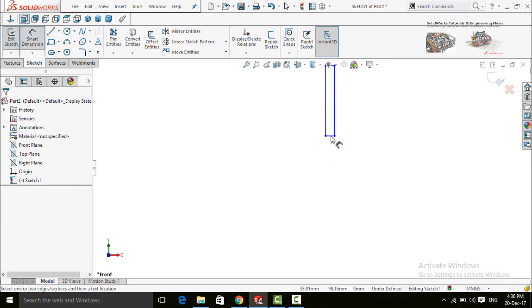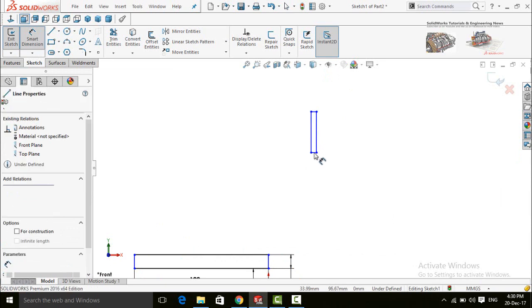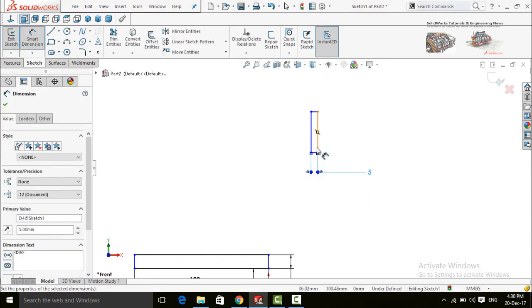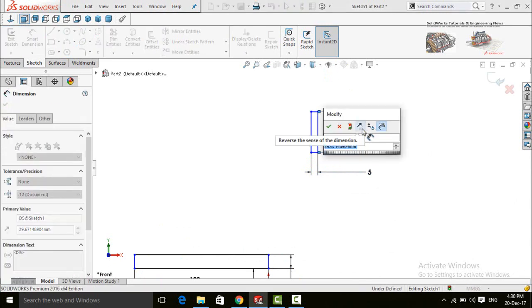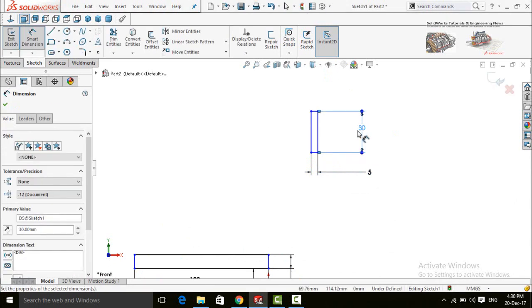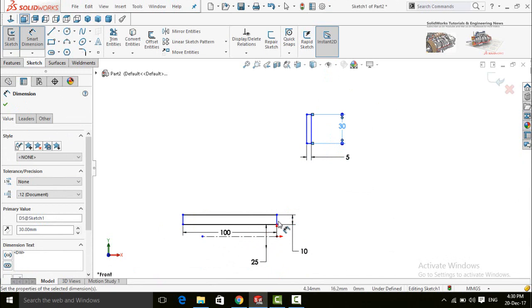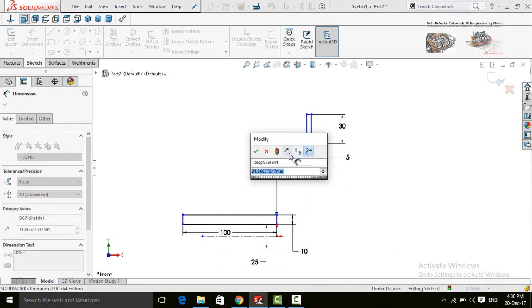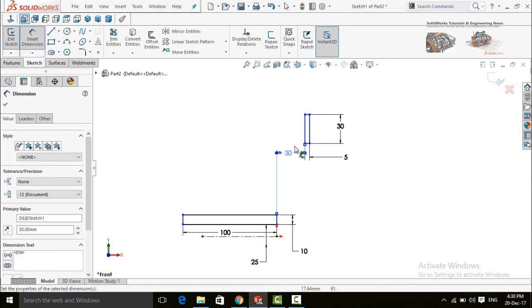Now define it with smart dimensions. It is 5 millimeter thick and 30 millimeter height, and 30 millimeter far away from this line.